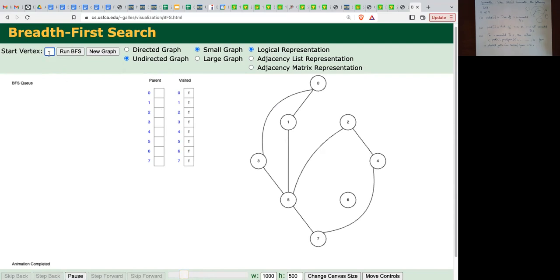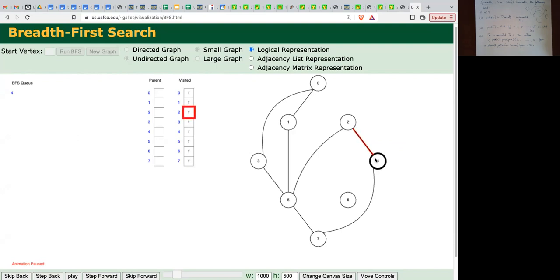So let's pick a vertex and let's start BFS. So maybe let's start from vertex 4. Okay? Now I'm going to run the BFS. Now what is going to happen? Okay, let's just step back a second. So it starts at vertex 4. Now look, the BFS queue has 4 in it. That's the initialization. Okay? Then what it does is it says, let me look at all the neighbors of 4,